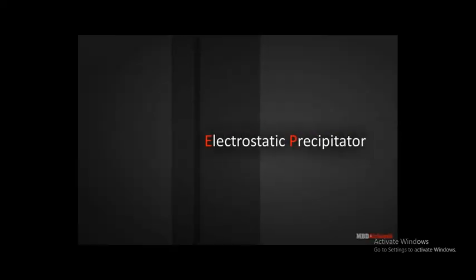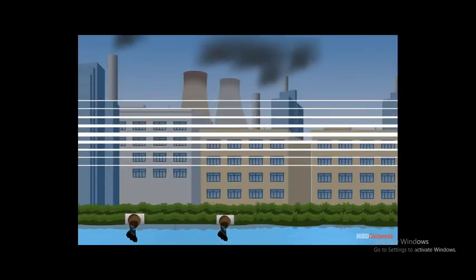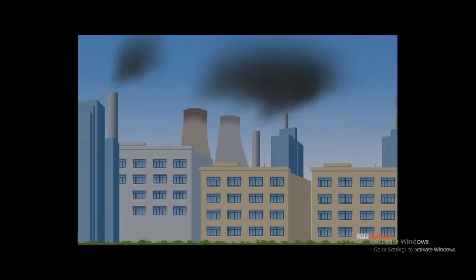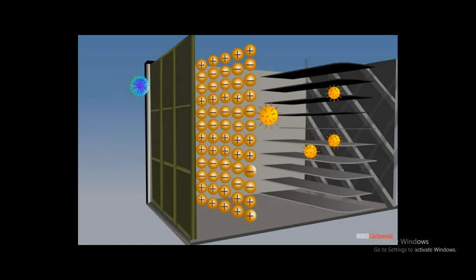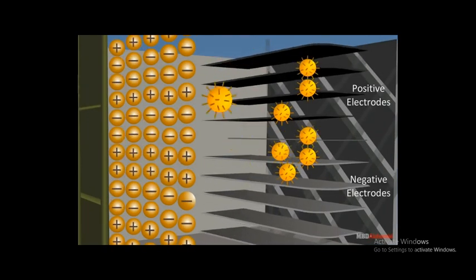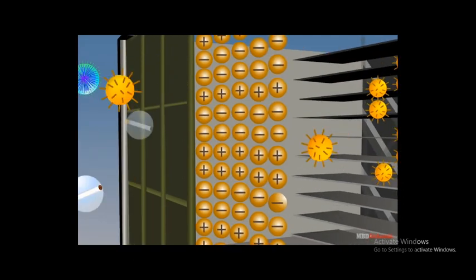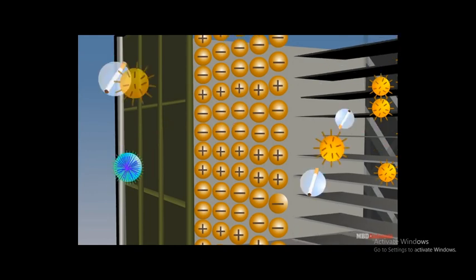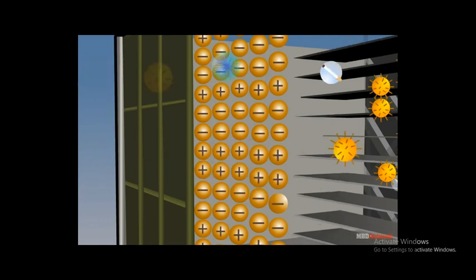Let us see the electrostatic precipitator. The carbon and other dust particles released in the atmosphere from industries are removed by the electrostatic precipitator. In this method, two electrodes are fitted against the inside walls of the smokestack. When high voltage is applied, an electric discharge takes place across the stack, and as a result, air in the stack is ionized. The ionized air consists of ions and free electrons.